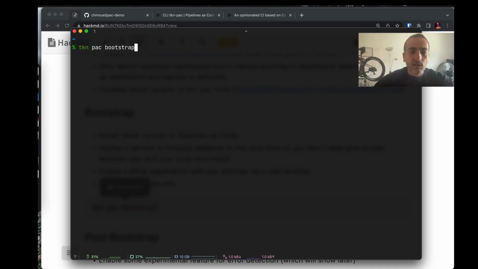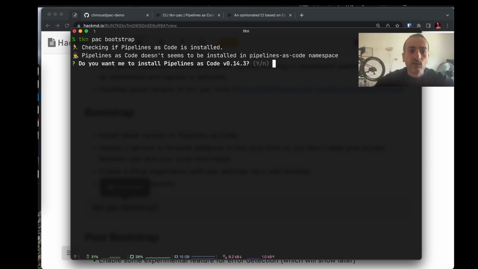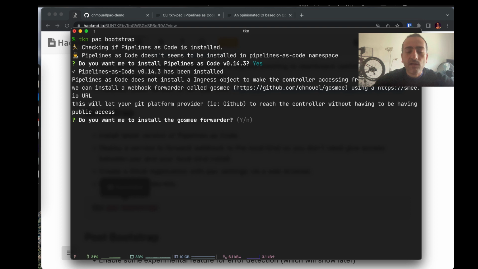So I'm going to use tkn pac bootstrap. I need to make sure I'm connected to my cluster, and I'm starting. Pipeline as code sees that you didn't have any install of pipeline as code. So it asks you to install it and basically apply the release.yaml onto your own cluster. It asks you if you want to install a webhook forwarder, as explained before, which is called gosmee. It's a project I wrote,